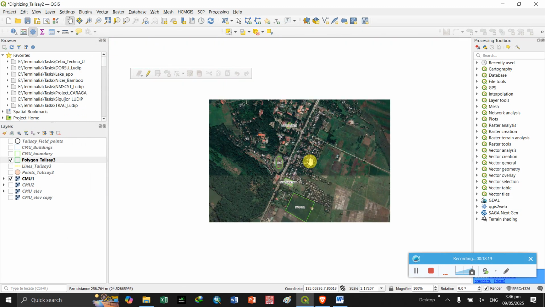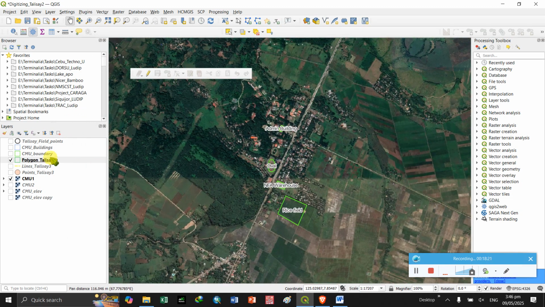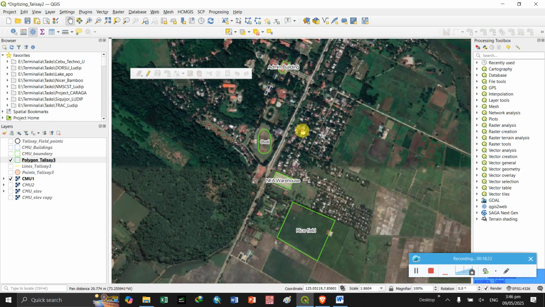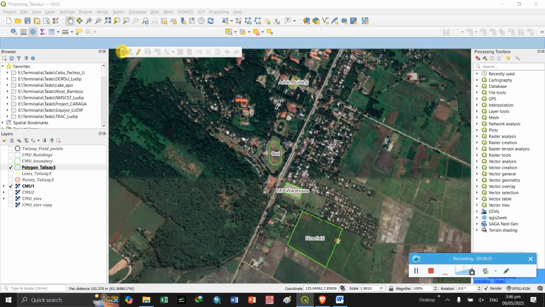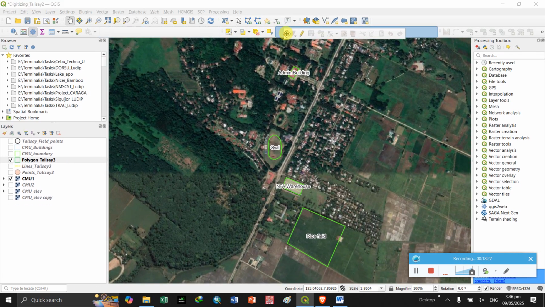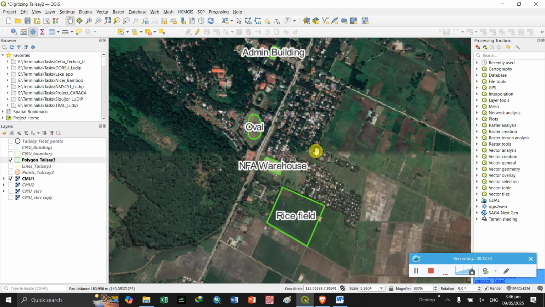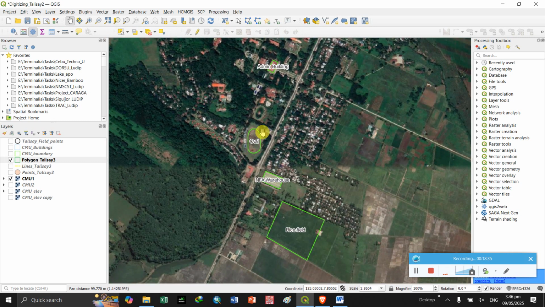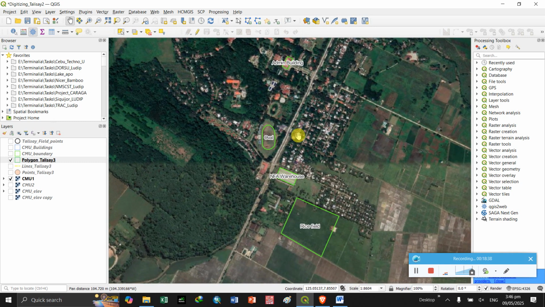And then of course, as an output of this exercise, you need to screenshot your outputs and then paste it on the exercise 3 laboratory document or laboratory report.